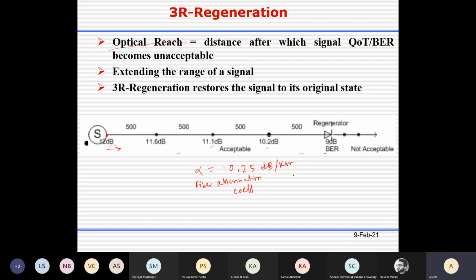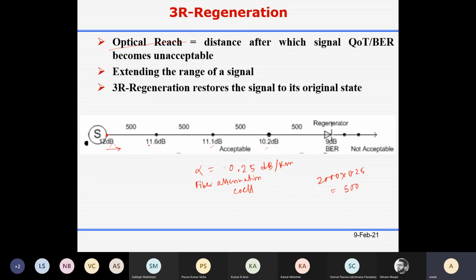If it is 2000 kilometers, then 2000 into 0.25 is coming to 500. So then it must not be kilometer. It should be something else.